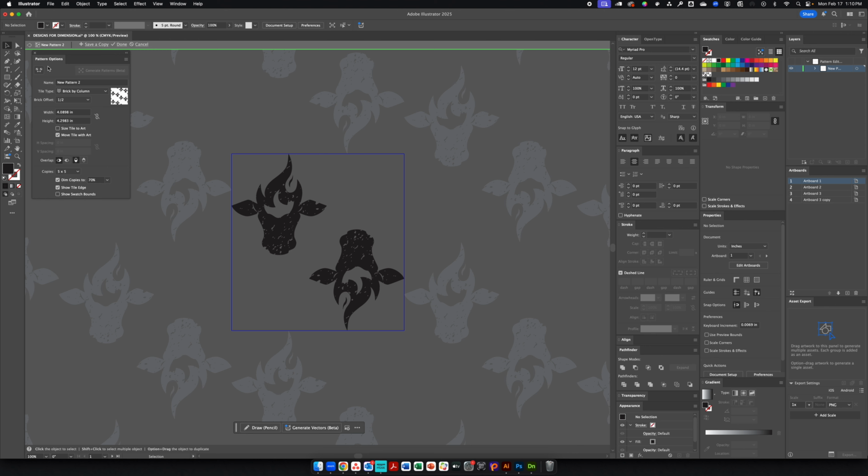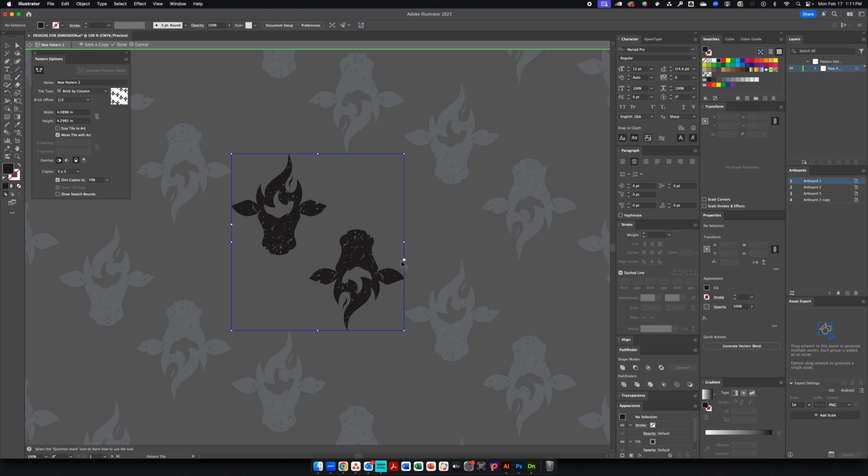But the main thing that you want to do is you can go through and control the closeness of your pattern, but you have a little bit more control if you actually click this guy, and then you can go through and actually change how all of these pieces fit together. So I'm going to start right here, and if I lower this down, you're going to see that it changes where this pattern sits. So you can use this to change how all of your elements nestle together. So I'm going to go ahead and drop that down a little bit more,